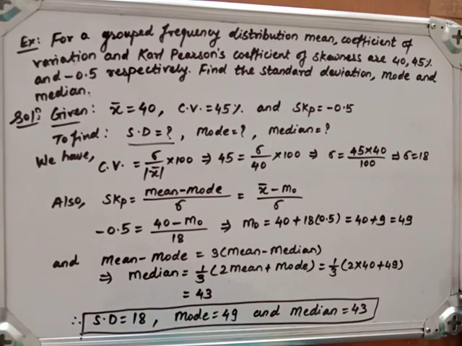So here we will stop for this one. In the next video we will see Bowley's coefficient of skewness, which depends on quartiles. So let us see that one in a further video and the examples on it.